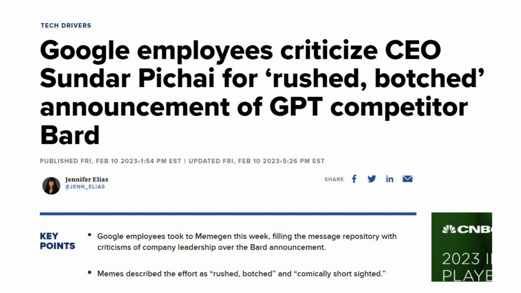So instead of the employees, this article here talks about how Google's own employees criticized the CEO for the rushed, botched announcement. First of all, the employees should realize that it's the marketing teams that are responsible for making sure demos go smoothly. And this just shows how this CEO lets everyone push him around, and he's always apologizing. Instead of having a spine and standing up to the activists within his company and shit-canning the entire lot of them, he acts like he lets people push him over. So this is just one of many examples of the CEO not being able to control the agenda.